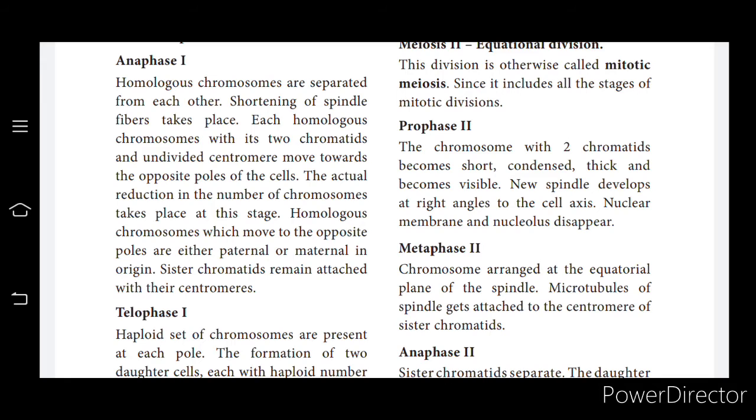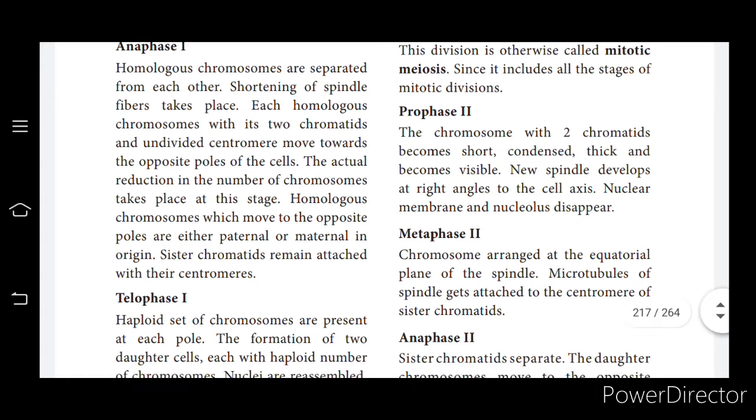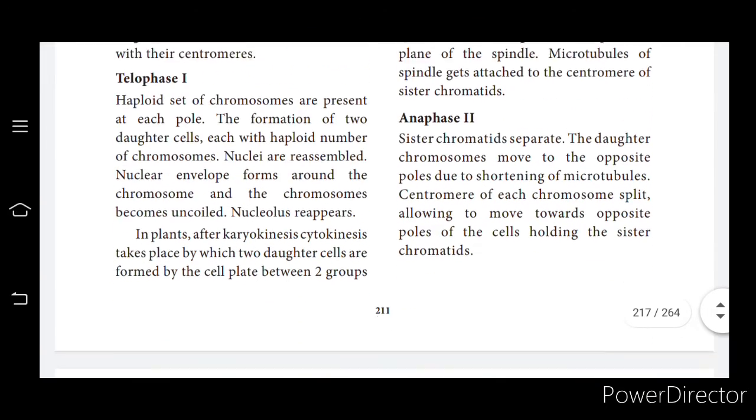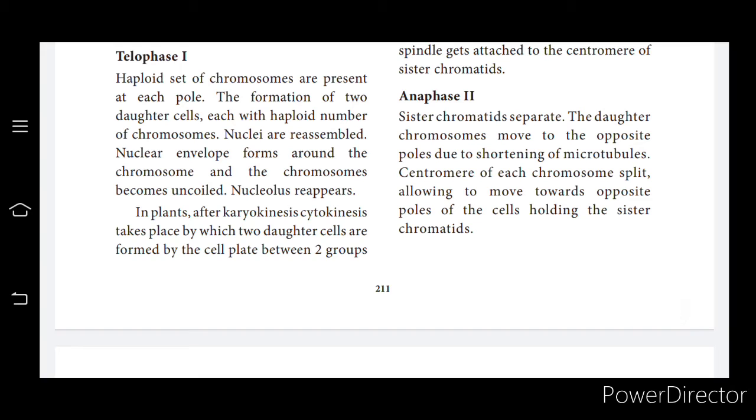Please note that meiosis is also called the reduction division. The actual reduction process occurs in this anaphase stage. Homologous chromosomes move to the opposite poles, and they are of either paternal or maternal origin. Telophase: a haploid set of chromosomes is present at each pole, with the formation of two daughter cells, each with a haploid number